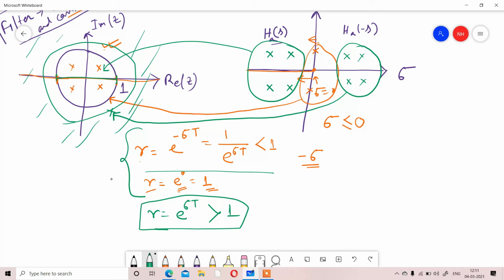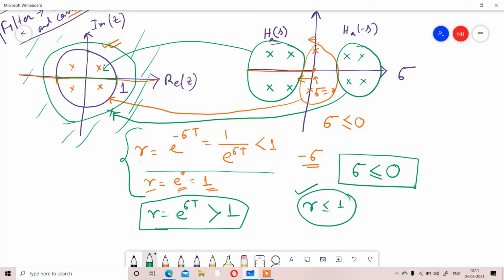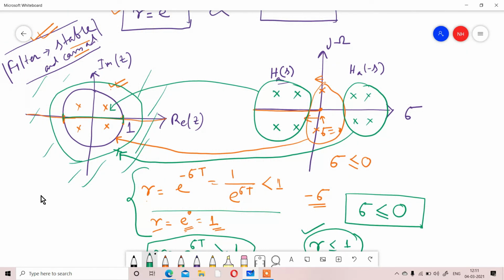So we have to consider the value of sigma less than and equal to 0. For this case, the sigma value must be less than or equal to 0 to satisfy the condition that the r value is less than or equal to 1. If that condition is satisfied, then our causality and stability are also satisfied. Okay,